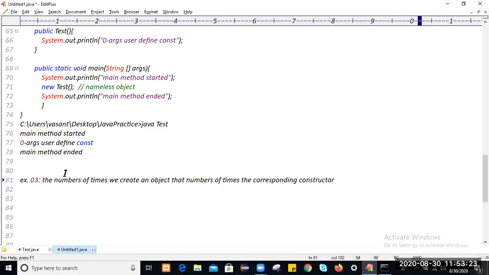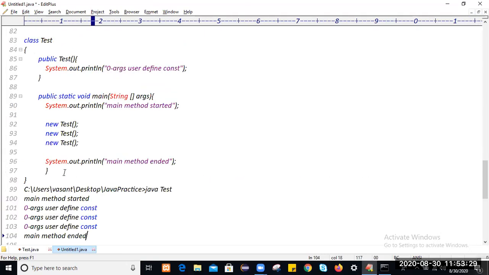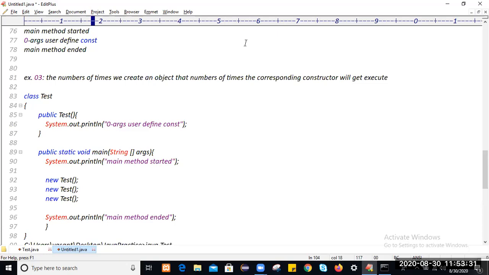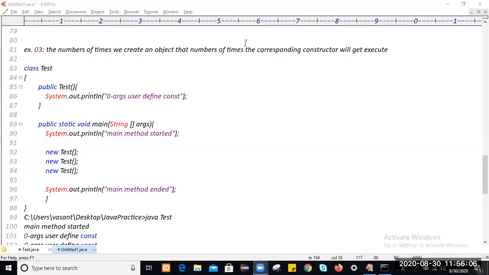For example, if we create an object three times, the corresponding constructor will get executed three times.